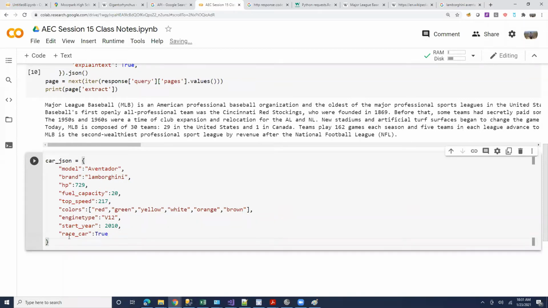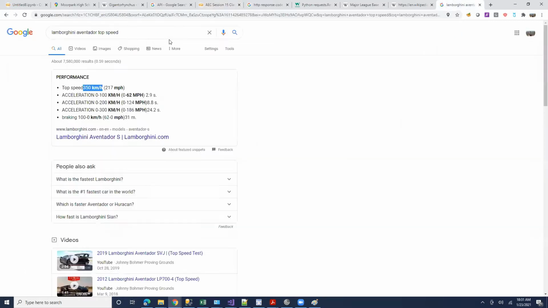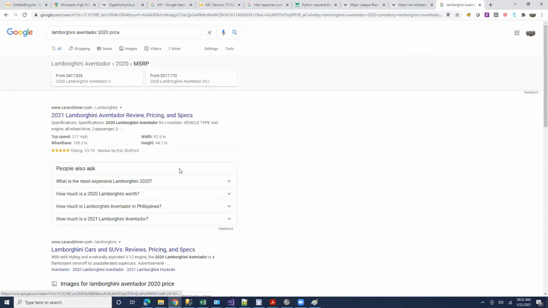Okay. So this is a dictionary, right? Price. Okay, yes, good point. Important attribute. Okay, what does it cost? $50,000? Just $50,000? No, I don't think so. Let's see. $350,000. Okay, let's see 2020 pricing.